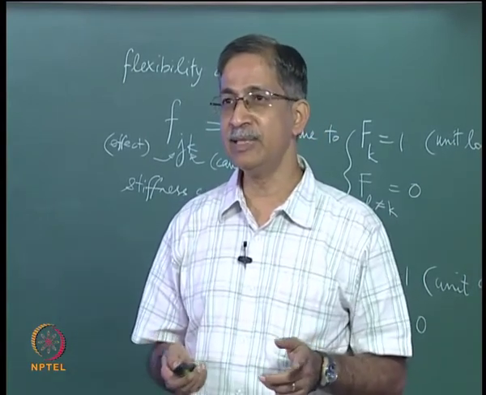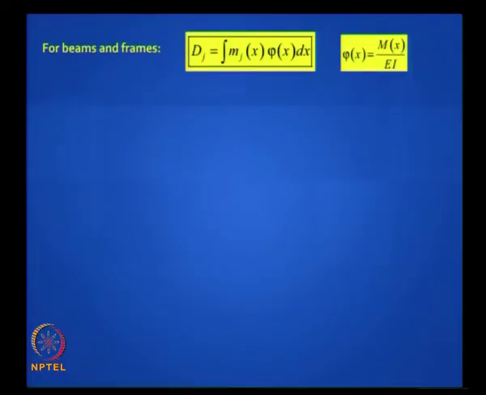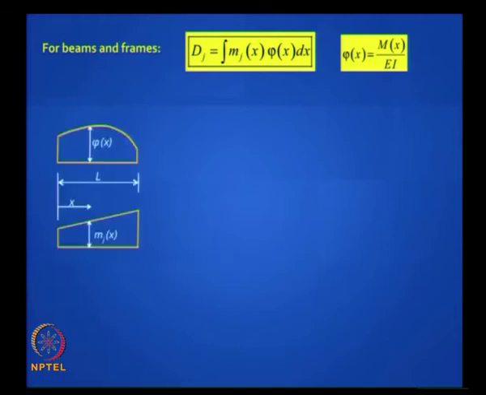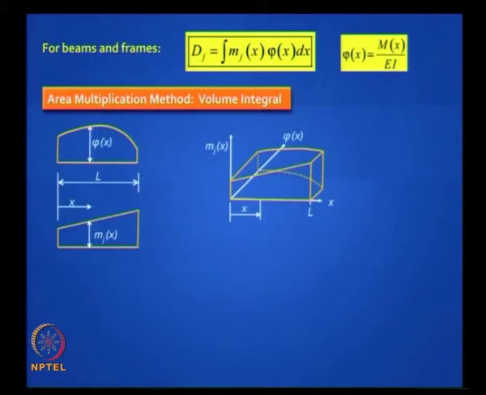So for beams and frames, this would be the formula that you would use. If you want to find d_j, the displacement or deflection at a coordinate j, then it is integral m_j phi(x) dx. If the phi is caused by a bending moment, then it is M by EI. Very simple, straightforward. And if you look at it carefully, you are really multiplying two diagrams. You are multiplying a curvature diagram which is real with a moment diagram caused by a unit load which is virtual, and if you look at that integral you can see that it is really a volume,